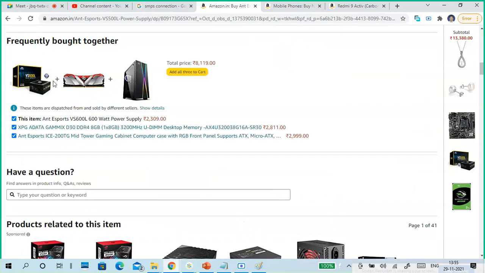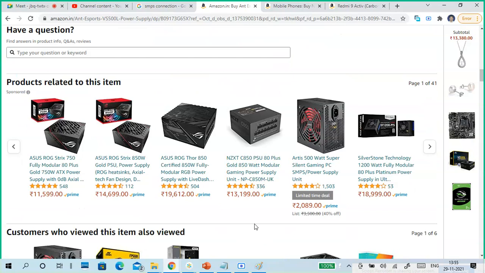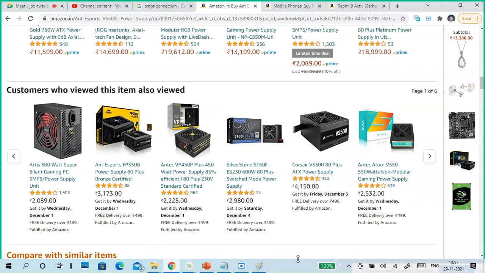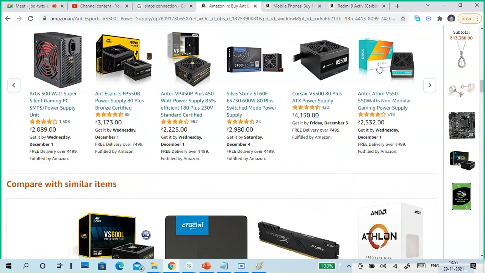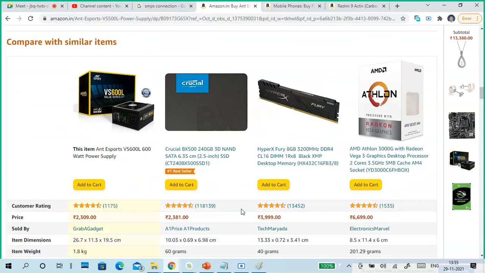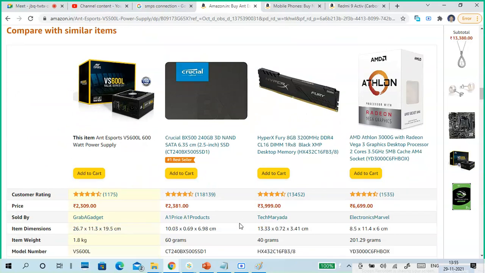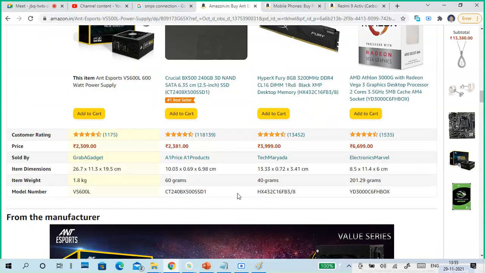If you are using more RAMs, graphic cards, motherboard, and a number of hard disks, SSDs, then you can go for more. If you are using a basic computer with low power consumption components, you can go with 440 or 400, 500 is okay. If you need more, then go for more.